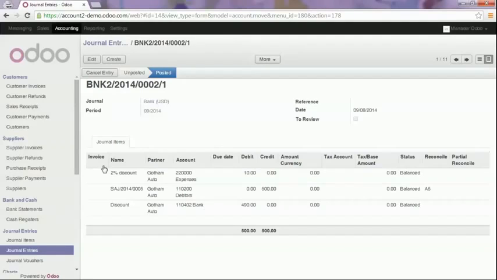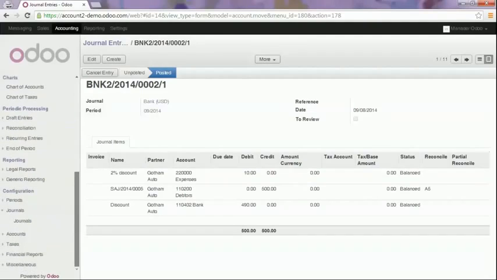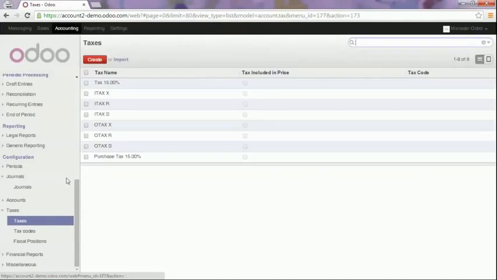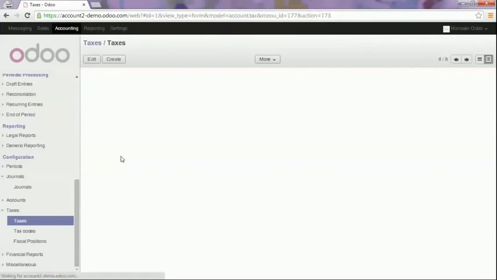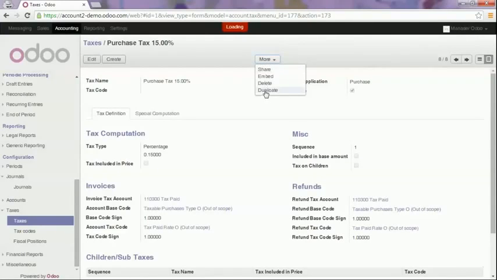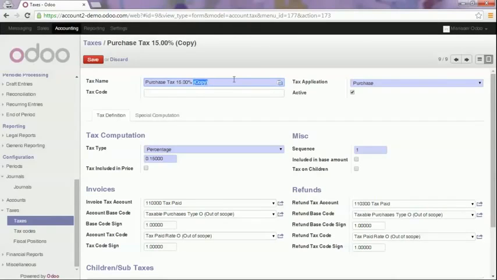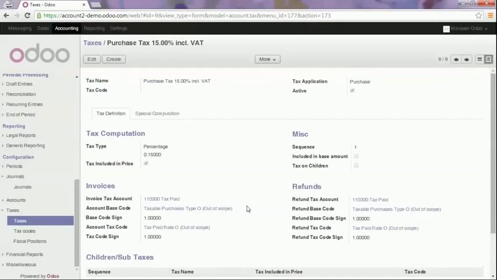So what do we do? We create a tax inclusive for the purchase type. So we can duplicate this purchase tax and change its name to inclusive of VAT, and we tick tax included in price. This way, the amount you enter will be considered by Odoo as inclusive of VAT if you use this specific